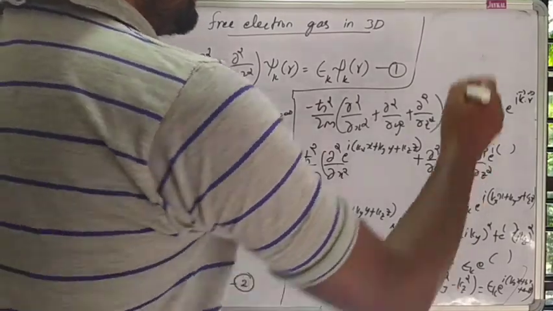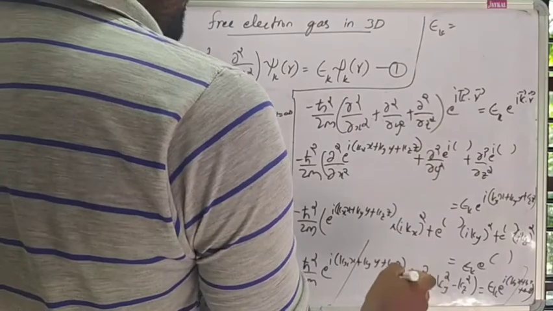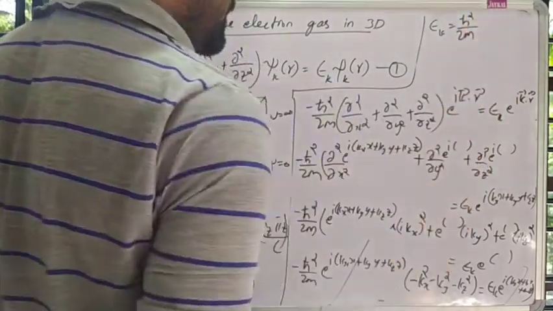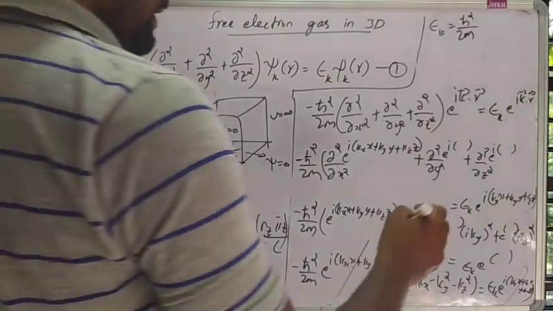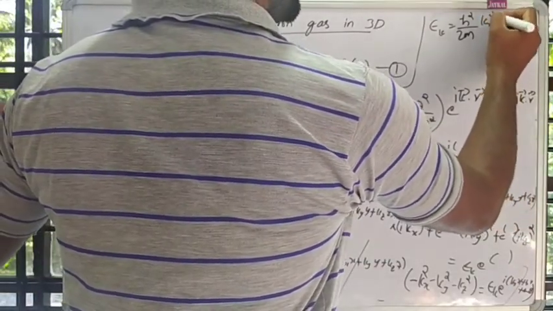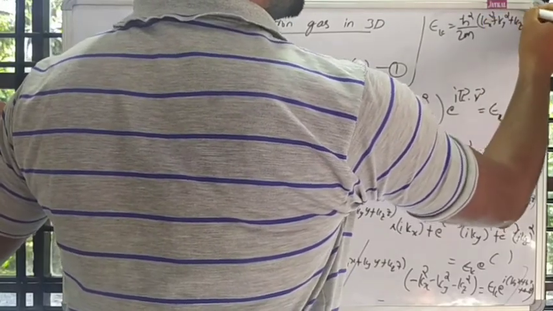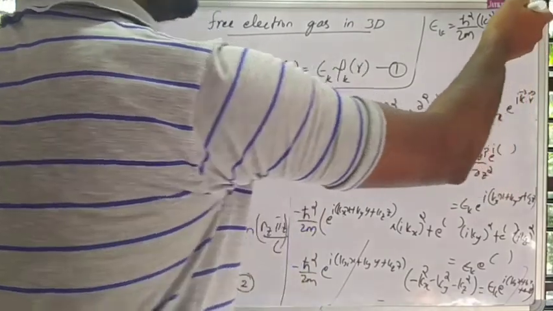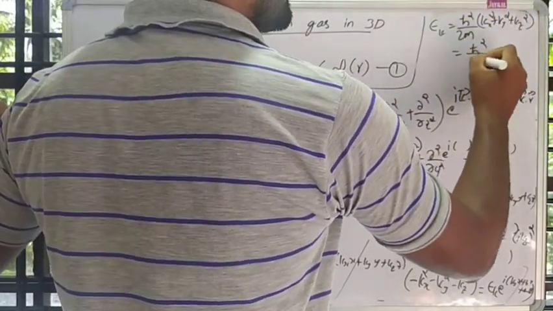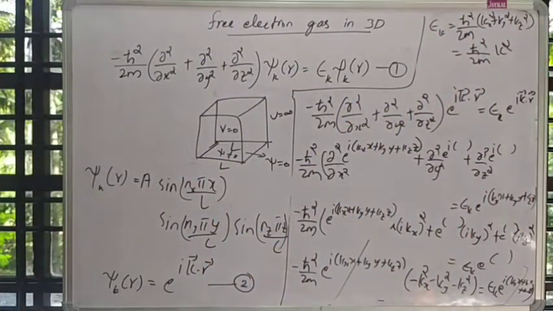and we will get E_k is equal to h bar square over 2m into (kx square plus ky square plus kz square). This is the square of the wave vector k, that is equal to h bar square over 2m into k square. So E_k equal to